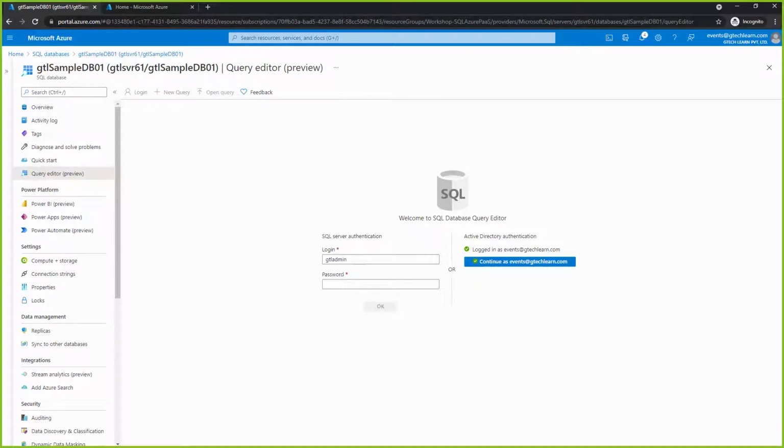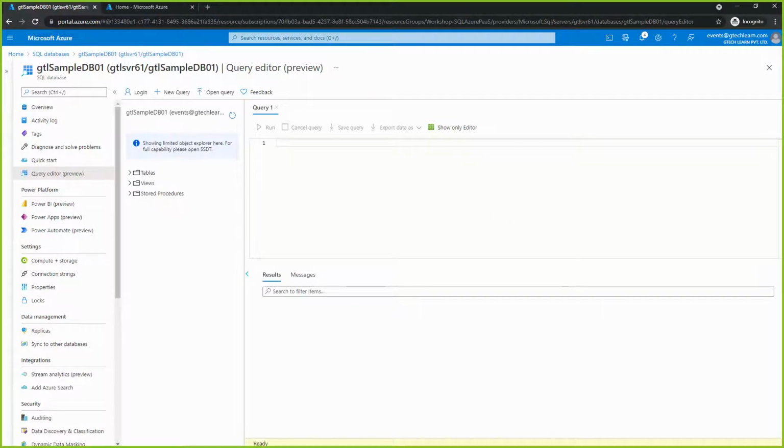I already have my SQL authentication. I'm trying with a bad password. I know the password's not correct. Click OK. That tells me login failed. Now I'm logging in with my Azure AD user. It is successful. I'm doing select asterisk from